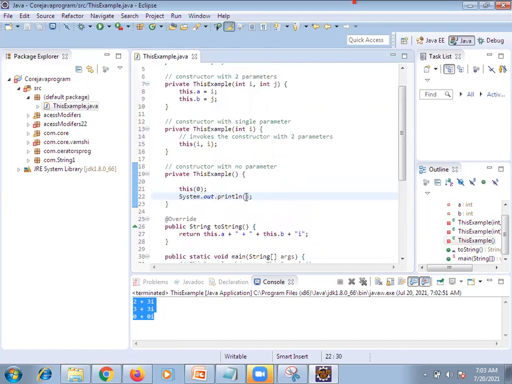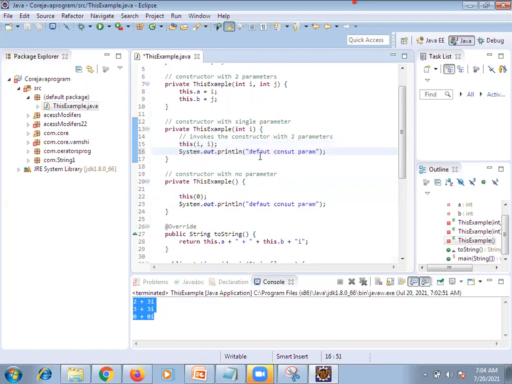Any confusion? First parameter or default constructor. Now let's take this one. Which parameter was it? Double. Single one, right? Okay.